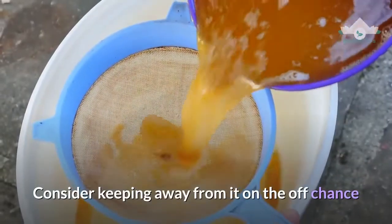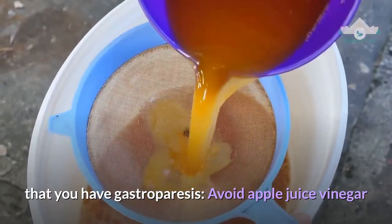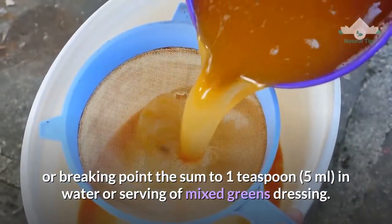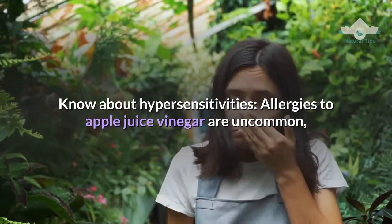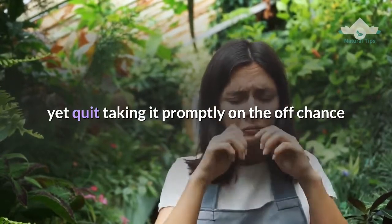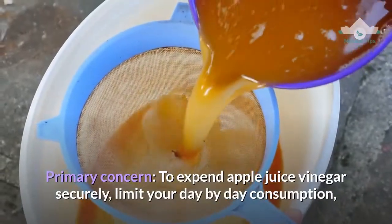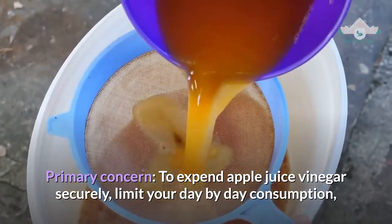Consider avoiding it if you have gastroparesis. Avoid apple cider vinegar or limit the amount to 1 teaspoon (5 milliliters) in water or a serving of salad dressing. Be aware of allergies. Allergies to apple cider vinegar are rare, but quit taking it immediately if you experience an allergic reaction. Bottom line: to consume apple cider vinegar safely, limit your daily consumption, dilute it and avoid it